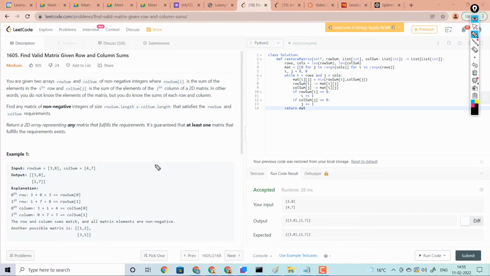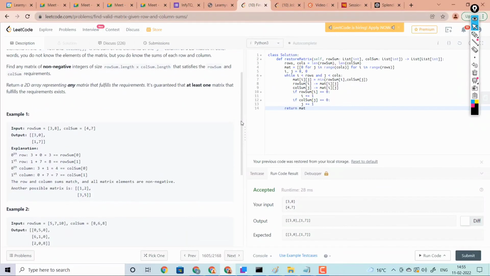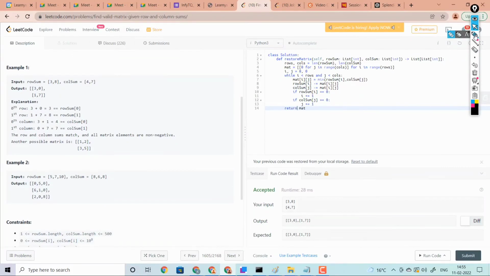So let me rub all these things. Fine. So let's take the same example, by which I will be explaining very clearly. Row sum is 5, 7, and 10, and column sum is 8, 6, and 8. What did you do? You took rows and columns from the length of row sum and column sum. So the length of row sum is 3, so rows is now 3, and cols is a variable